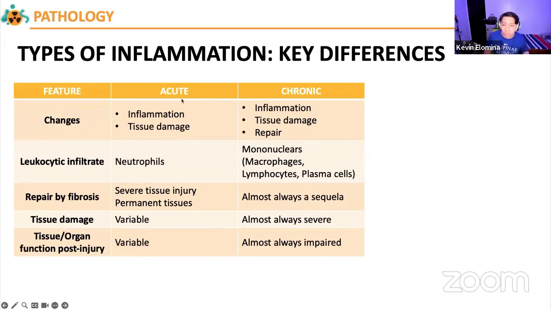Okay? So pag acute, alam nyo na neutrophils ang nakikita nyo. Pag chronic, usually your mononuclears, and you know that your acute processes usually have more severe tissue injury. Therefore, clinically, your acute inflammatory disorders will present with infection or typical clinical manifestations of leukocytosis, pain, mga ganyan. But for your chronic inflammatory disorders, which most autoimmune diseases fall under, usually the chronic inflammatory disorders will present